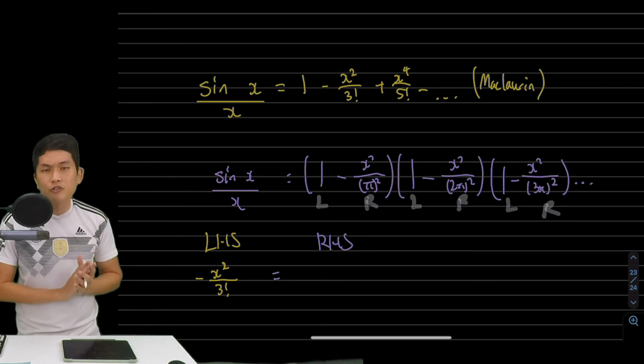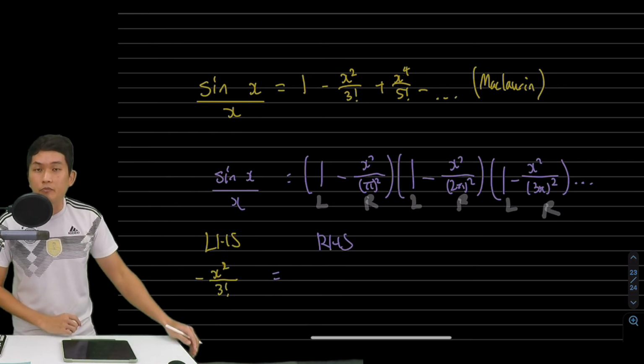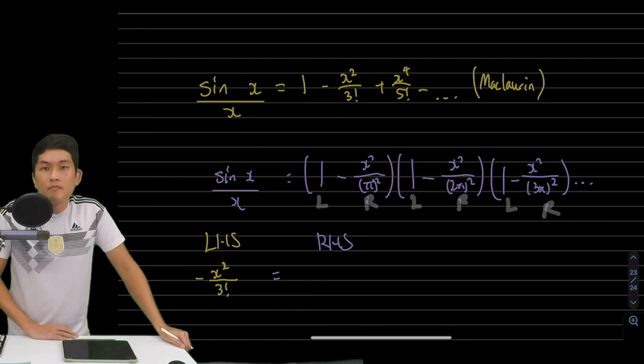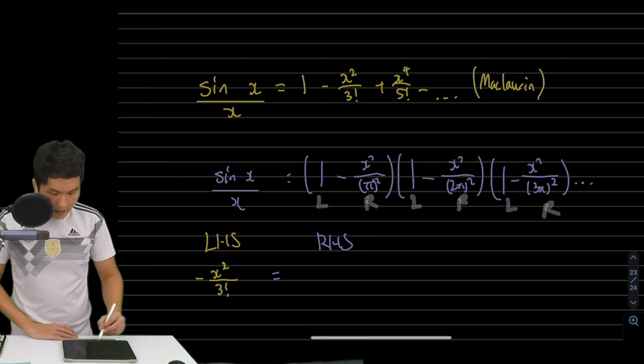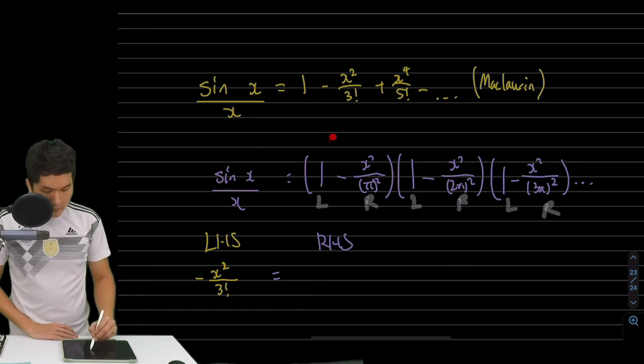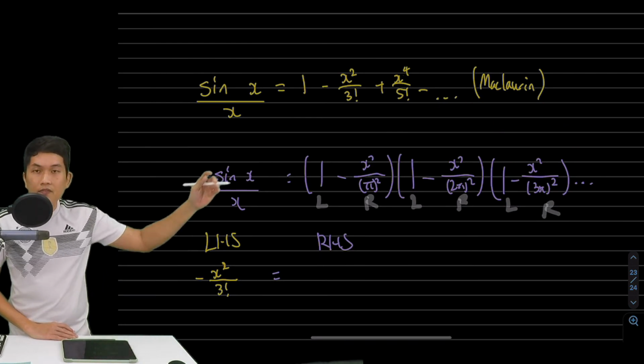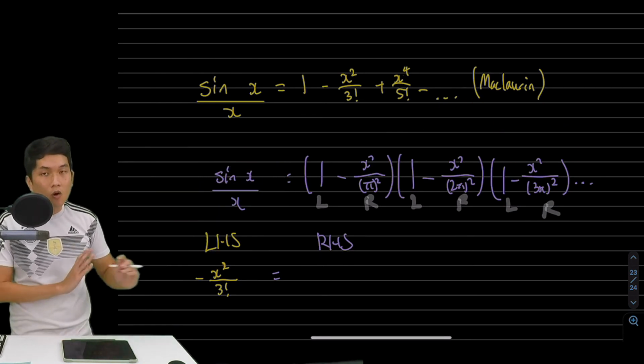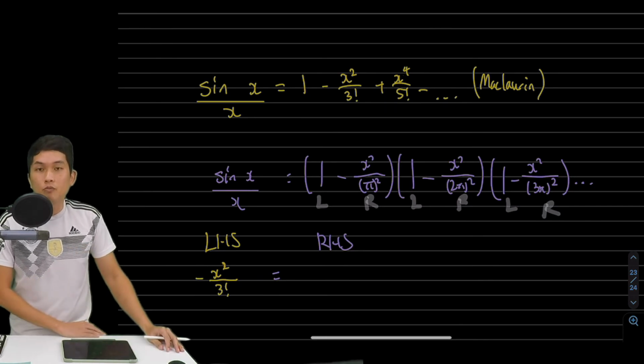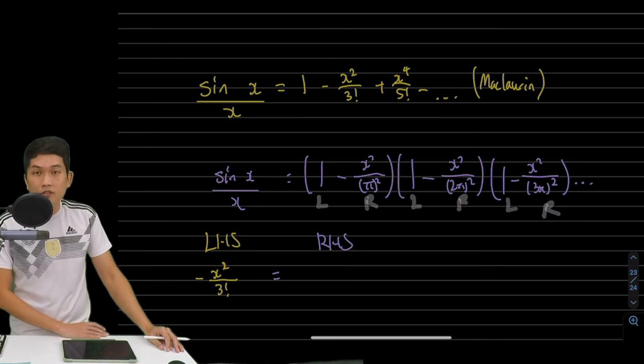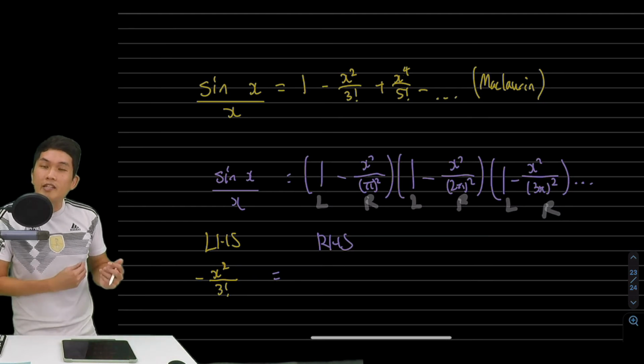Now, I can tell you for sure that my first term, if I expand out infinite brackets, is going to be 1. Why is it 1? Because I'm taking the left term from the first bracket, multiplying by the left term on the second bracket, left, left, left, all the way left. It's all lefts, right? That will give me 1. And all the ones are positive. Okay? Then how do I get my next term?